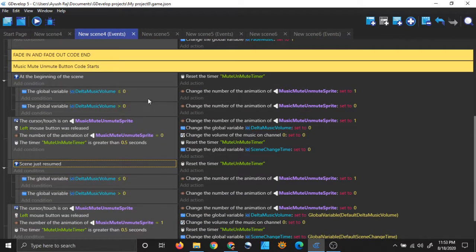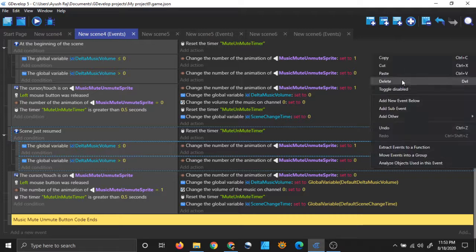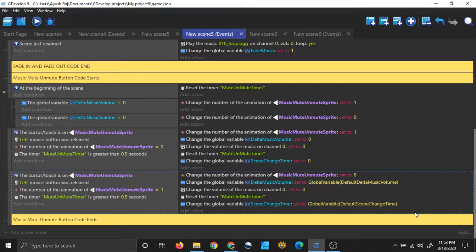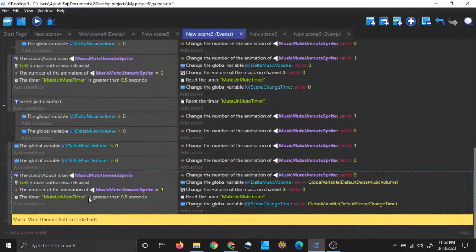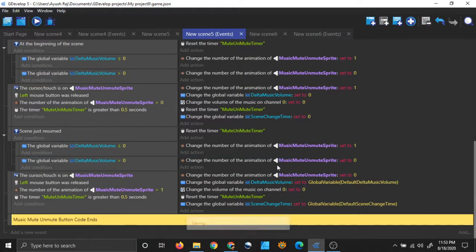Let me first explain to you how it works. It's a lot to explain. Before doing that, let me just copy this code and put it in all my scenes. And GDevelop, why does it do that? Okay.